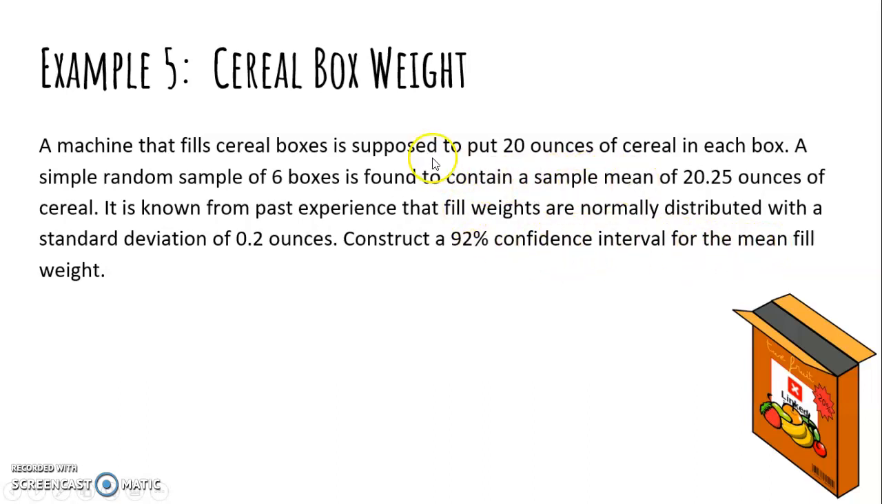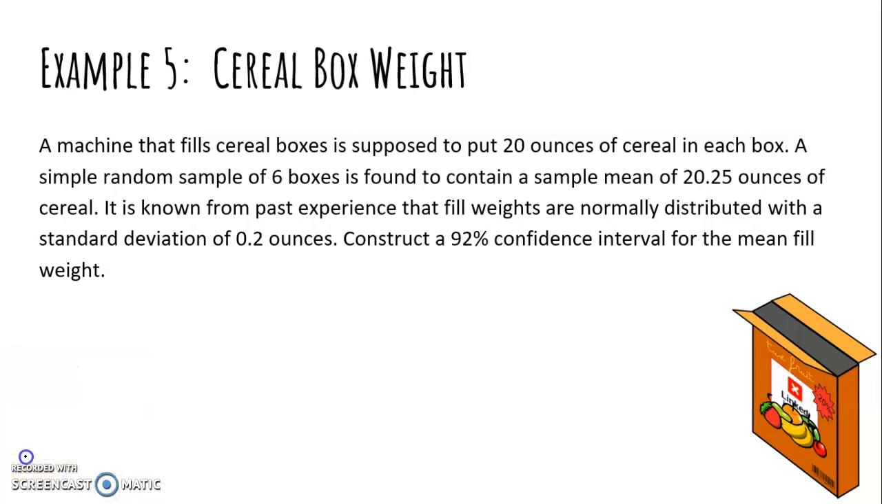So we want to find the mean. So let's look and see what kind of standard deviation we know. It is known from past experience that fill weights are normally distributed with a standard deviation of 0.2 ounces. Is this the sample standard deviation or the population standard deviation? Well, this is not from this sample of 6 boxes, it's from past experience. So this 0.2 must be a population standard deviation. And because that's the case,